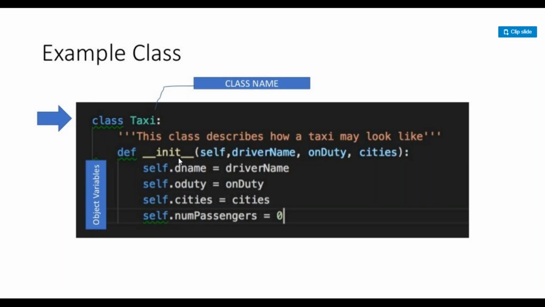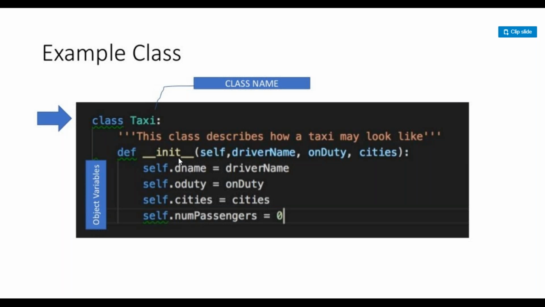Initialization of your class, that is called the definition. This class describes how a taxi may look like. So that is init, service, destroy. These are the life cycle of a program. Init means initialization, starting. Service means you can run the program, you can process the program. How to process, I will tell you later. This is the life cycle of any program: init, service, destroy.